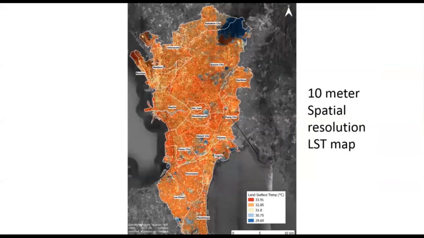So in conclusion, we were able to create a tuned machine learning model for estimating LST. The model achieved relatively low error, and we were able to apply the model to higher resolution images such as the Sentinel-2. Higher resolution LST maps can help the decision makers in making appropriate approaches in